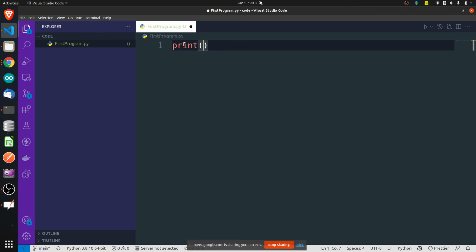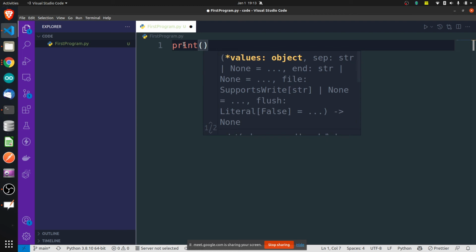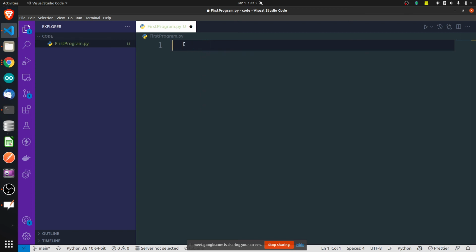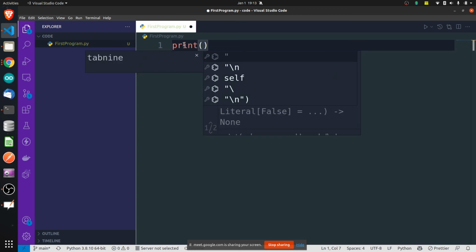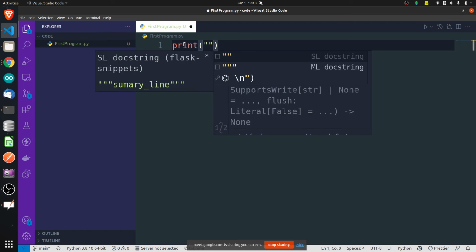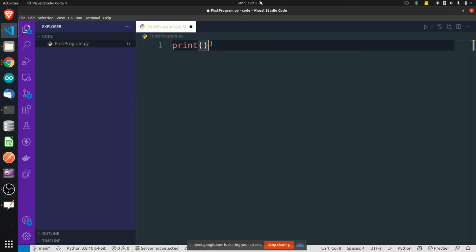Okay, so how we have printf in C language? If you have learnt any other language before, then you must have studied printf. The same exact equivalent in Python is print. For those who don't know, printf is one way to show output using C language. But in Python, if you want to display output on the monitor, you have a statement called the print statement, and this print is actually a function.